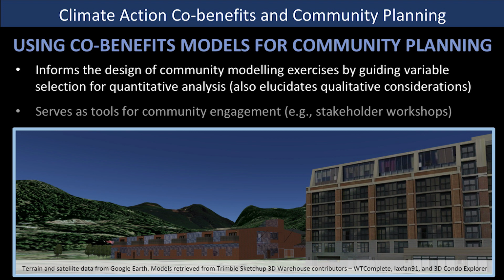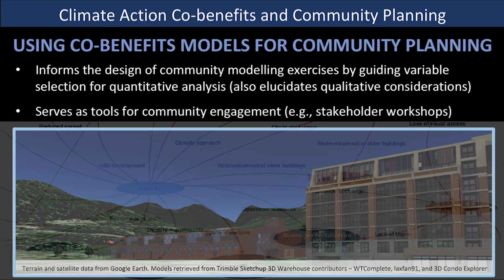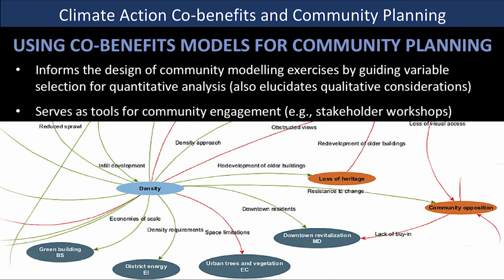The second one, and perhaps this might even be more useful for communities, is that I think these can actually serve as good tools for community engagement. If you bring stakeholder workshops and you want to talk about different climate action strategies, then you can start looking at these connections. Once again, I find, as you can see from that model, they are relatively intuitive bit by bit. But in these discussions, you can say, hey, we're going to go this route. Look at the other benefits that spring from this, or look at these challenges that we might encounter. So let's talk about how we can address these challenges.